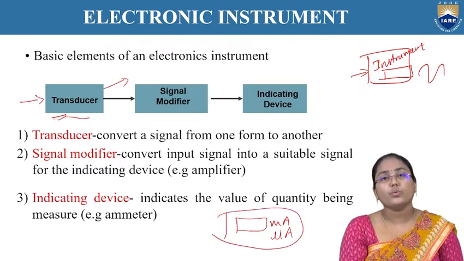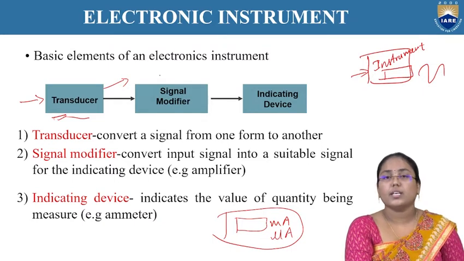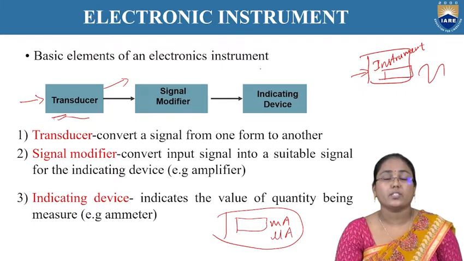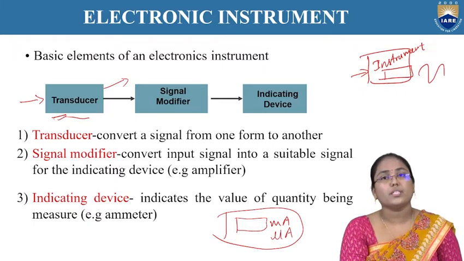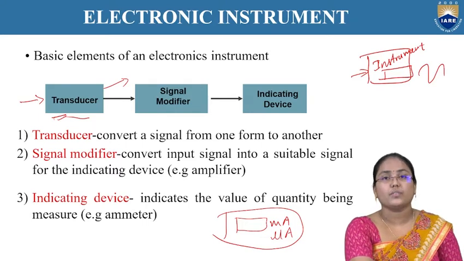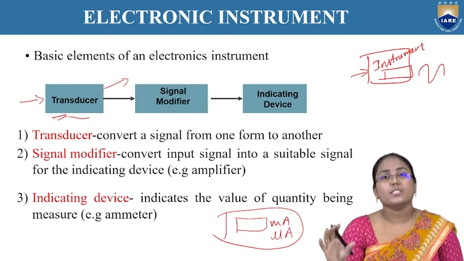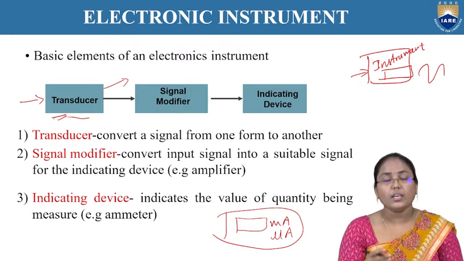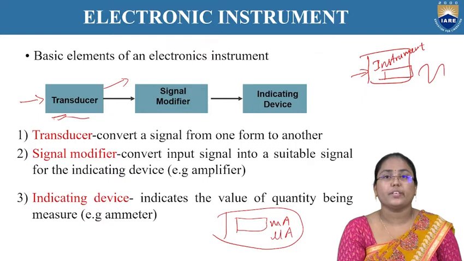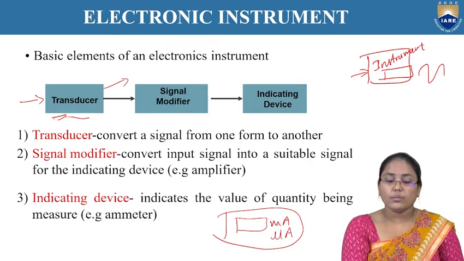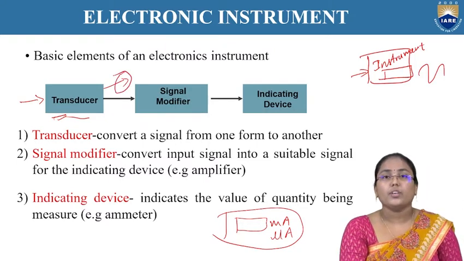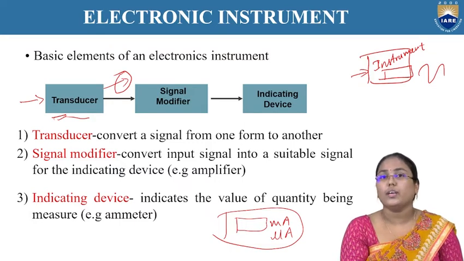So that's why we have to convert the particular signal in such a way that it can be indicated on the indicating device. When we look at the basic elements of electronics, initially the transducer will be there. The transducer output has to be seen on an indicating device, whether it is a visual graphical representation or a reading, like this digital meter. So here we have to make the output of the transducer capable enough to be indicated on the indicating device. And other things can also be done in the process.